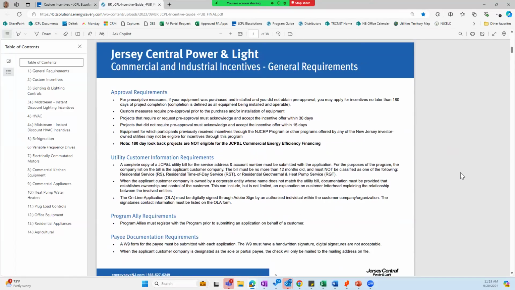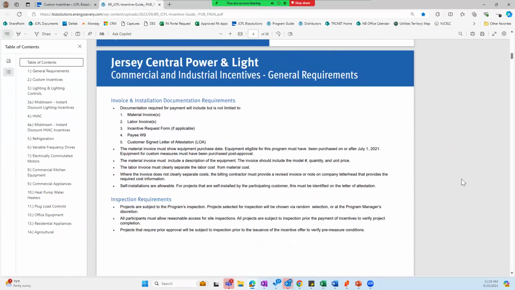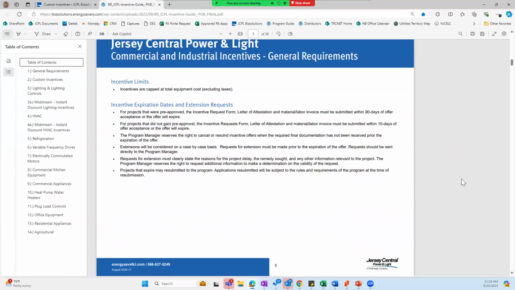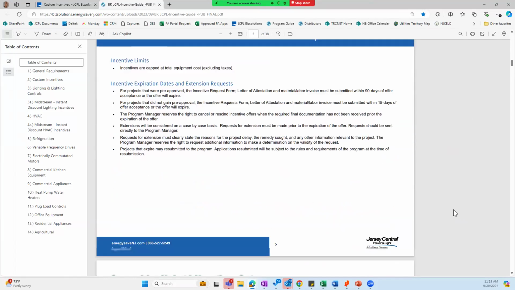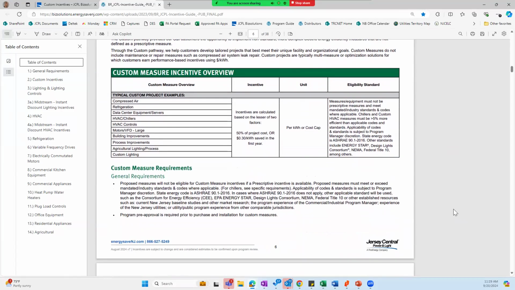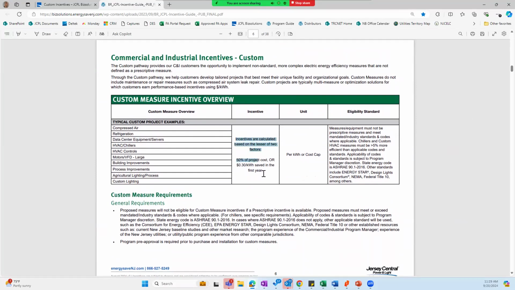Now, as mentioned, these first few pages are very valuable in providing a high-level overview of the program as a whole, timelines, closeout documents, expiration dates, extensions, etc. And page 6 is where you would find information specific to the custom program. As mentioned earlier, incentives are calculated based on the lesser of the two, 50% of the project cost or 30 cents per kilowatt hour saved within the first year. And it does reiterate what equipment qualifies for an incentive.